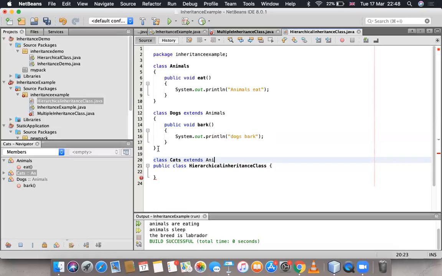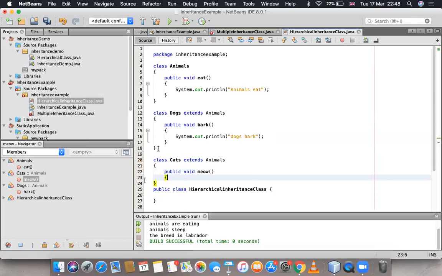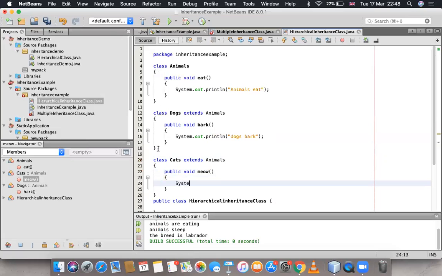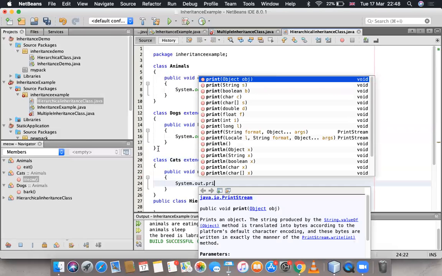So you can see that from the Animals class, two classes are inherited, which are those Dogs and Cats. So I'm writing one functionality which is common to Cats, that is public void meow. And in this, writing System.out.println